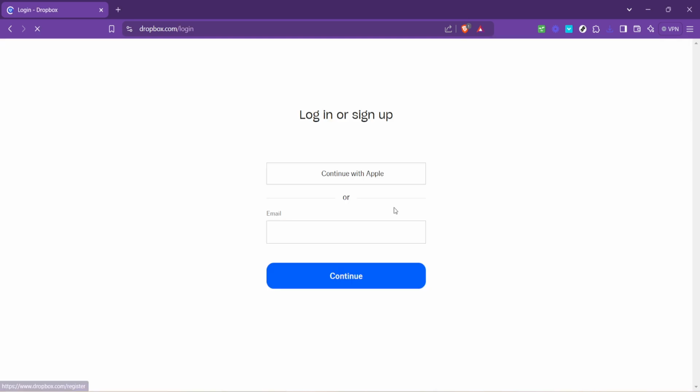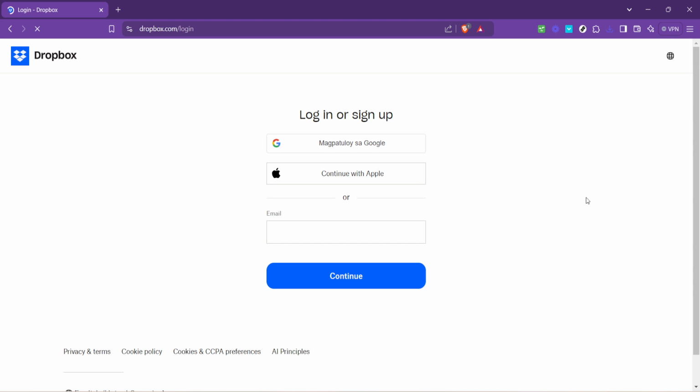Clicking login brings us to a pivotal part of our journey, the option to continue with Google. This is where the magic happens. By choosing to continue with Google, Dropbox offers a streamlined process that eliminates the need to fill out lengthy forms or remember another password. In today's digital age, where simplicity is key, using your existing Google account to sign up for Dropbox is not only convenient but also secure.